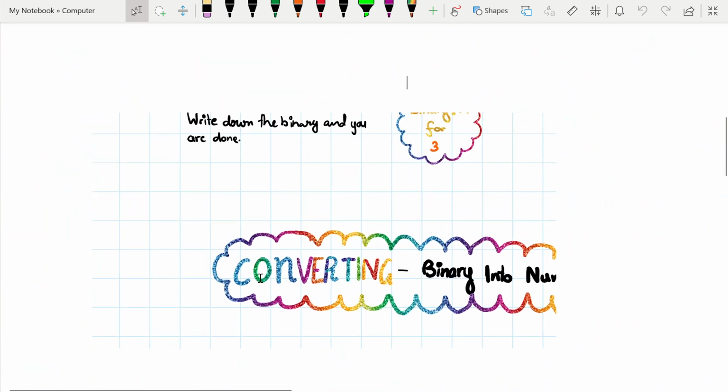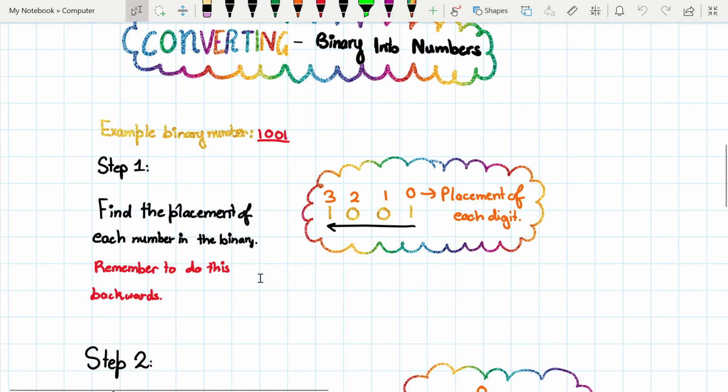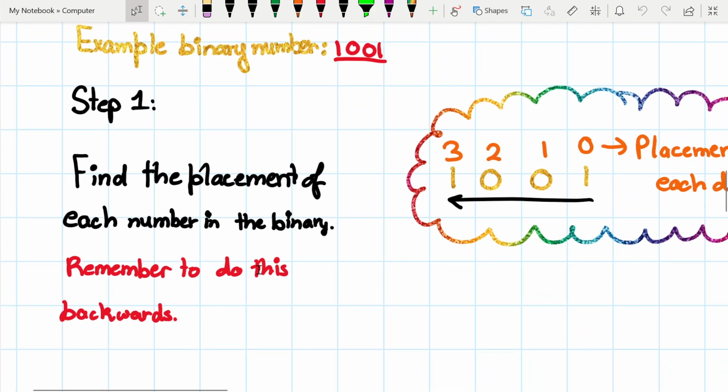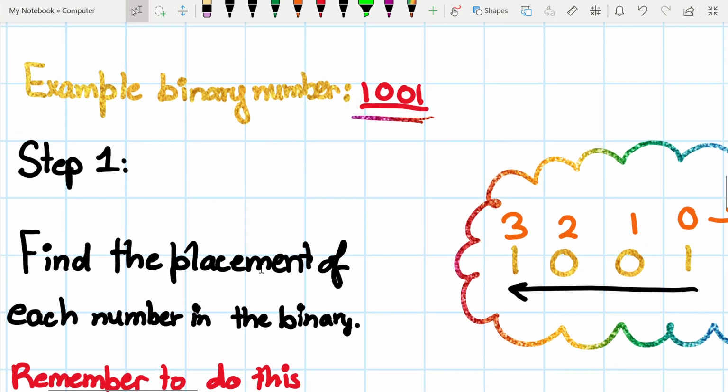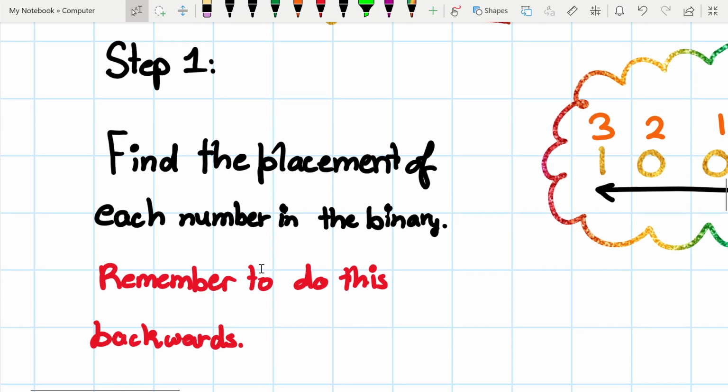Now, second part, converting binary into numbers. How do we convert a binary into a number? First, we want to take a binary, obviously. For this, I have chosen 1001. Step 1 to finding the real number of this binary is going to be finding the placement of